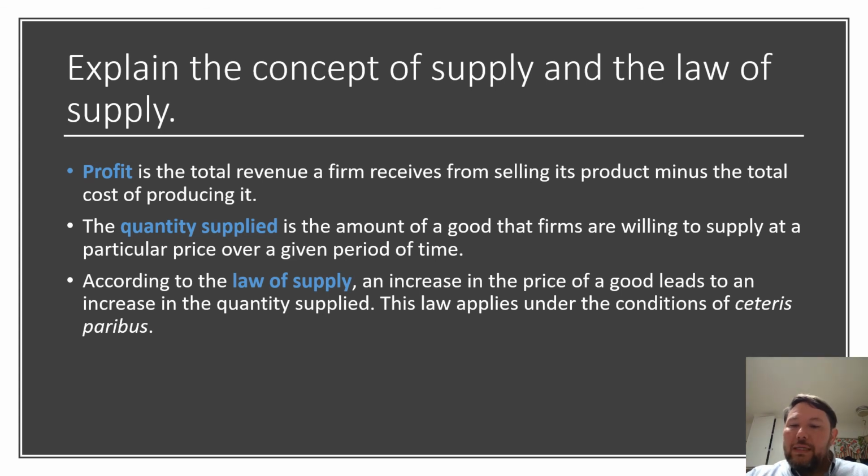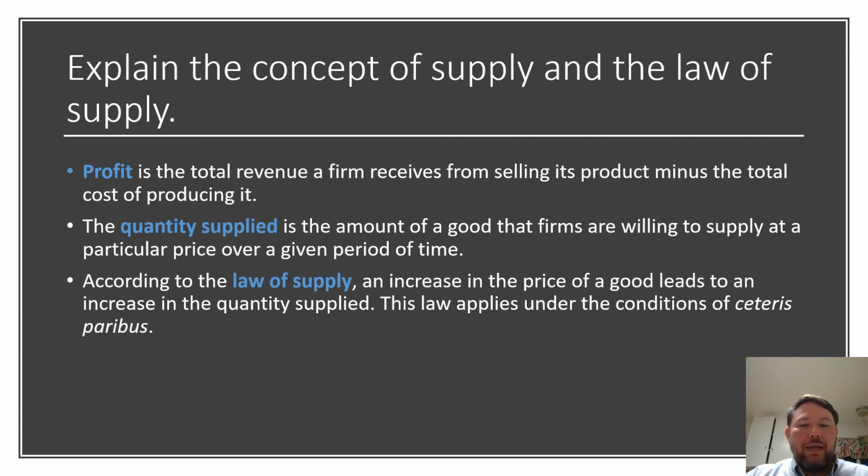So there's that willingness, like we had with quantity demanded, and there's that particular price at a particular time. Key components for both quantity supplied and quantity demanded, right? And we've already mentioned the law of supply. That was on the previous slide, but to go over it one more time,